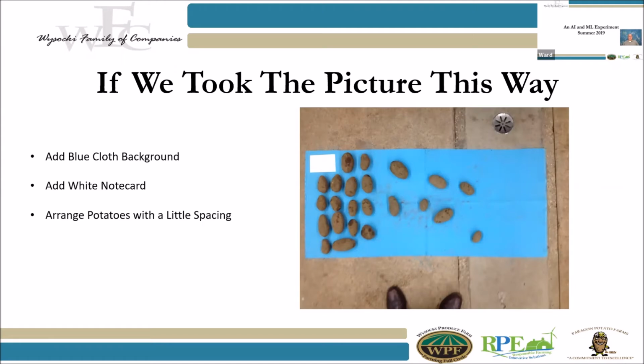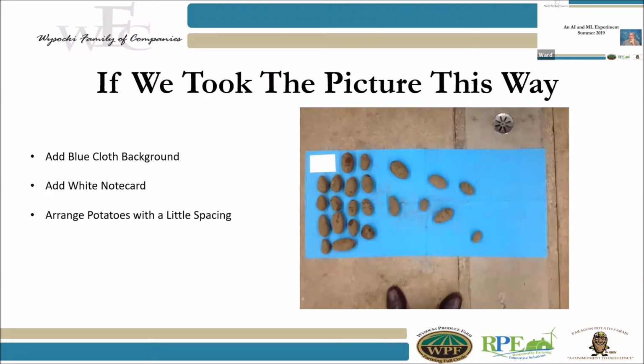We tested this inside of bad light, good light, and everything else. You'll notice on this photo, there's places where you can see shadows. There's places where they're not spaced super well. The guy, and that would be me, that took the picture left his big dumb feet in it. And so there's a lot of problems with this photo. And also the cloth, I deliberately left it dirty just to show you all that when you process something like this, that is okay.